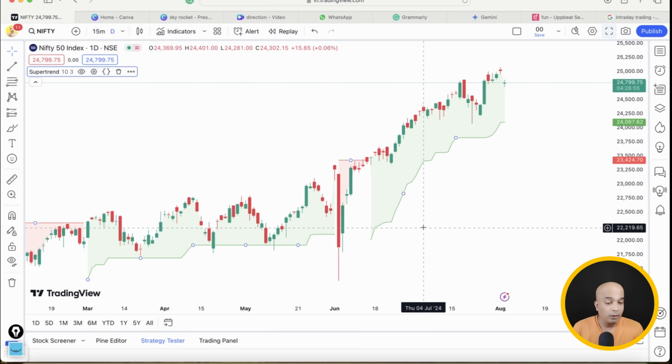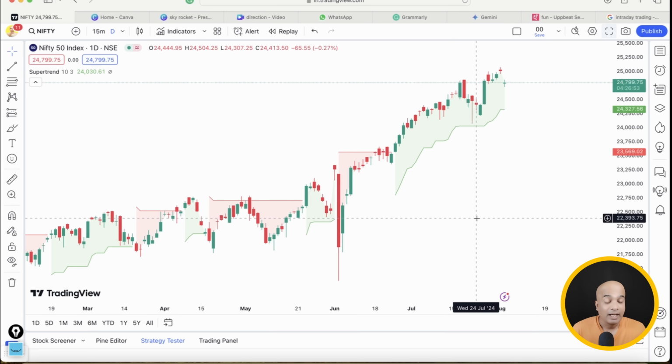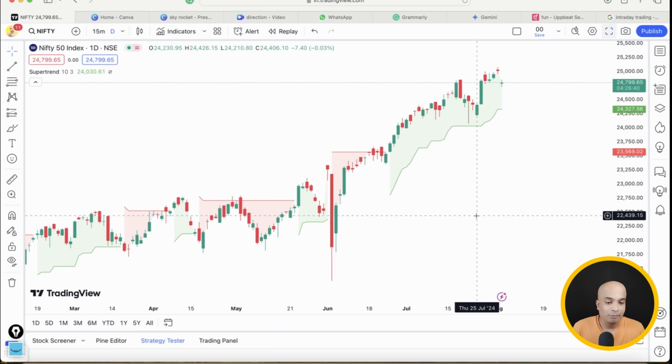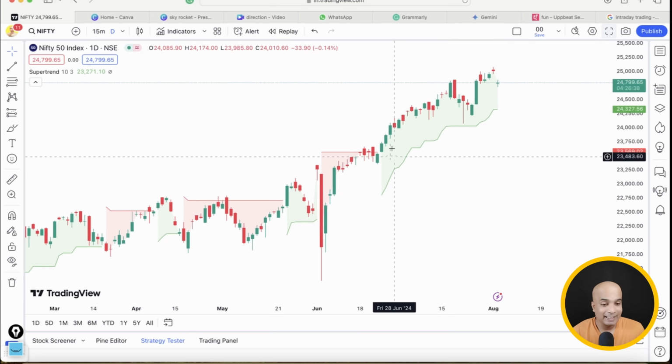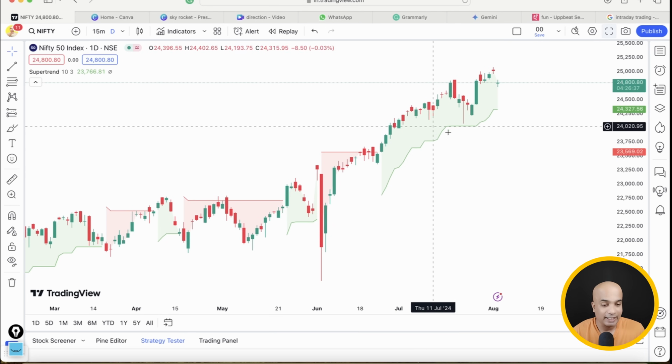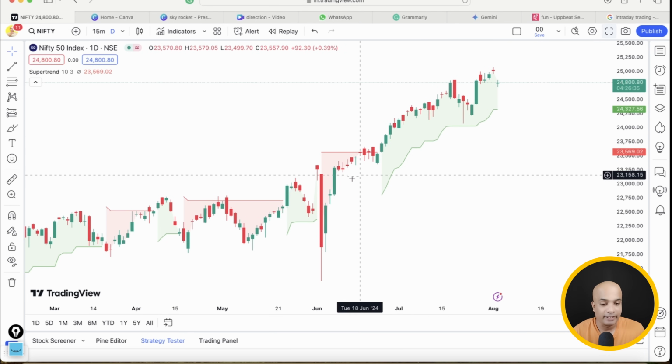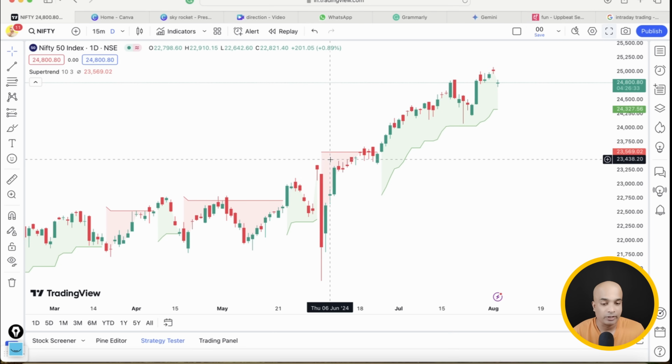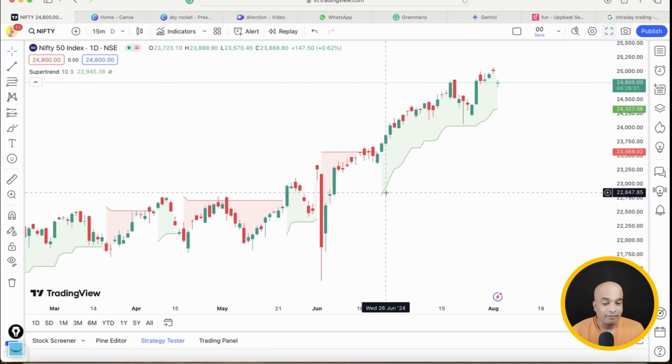The beauty of the Supertrend is it can be used for entry for a trade. It can be used to trail the stop loss for a trade. It can be used to exit the trade as well. For example, the green color indicates the uptrend, right? Similarly, red color indicates downtrend. Let's say whenever your plan is to take a long trade, whenever it turns to green, I'm just taking this as